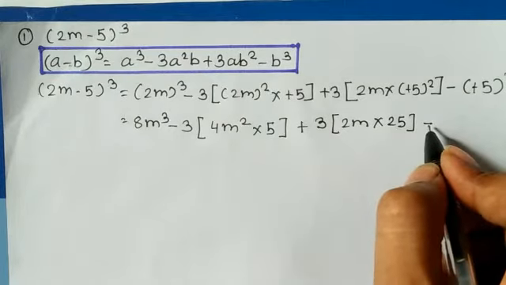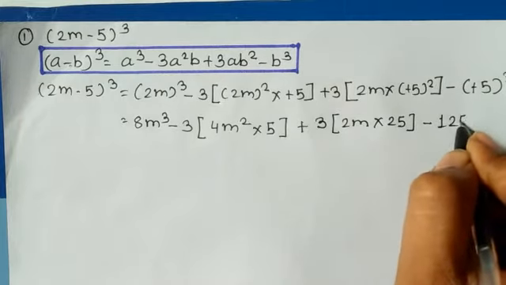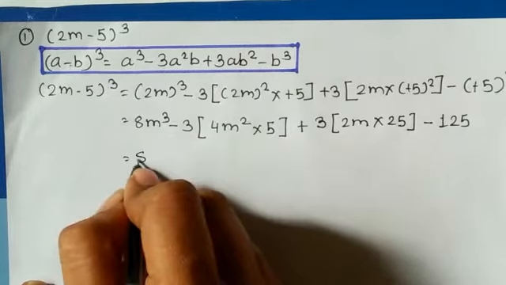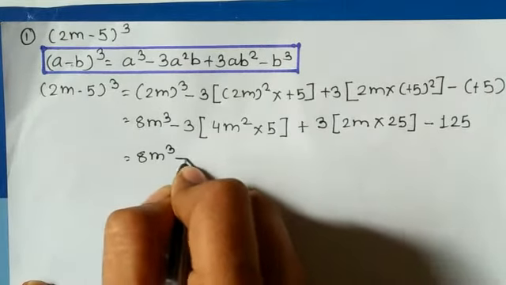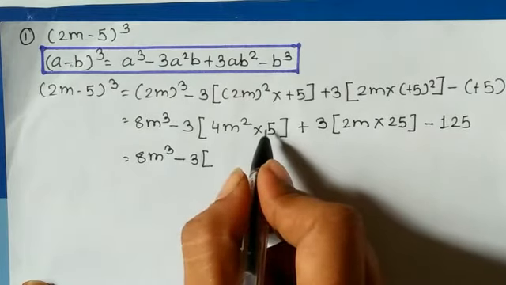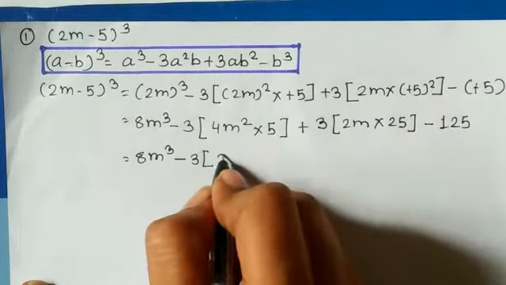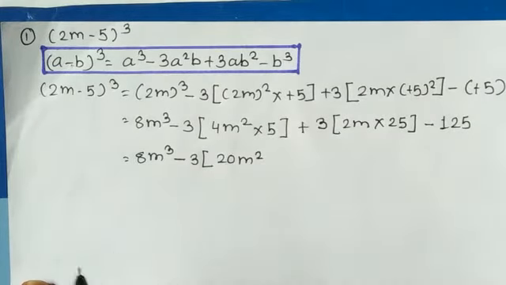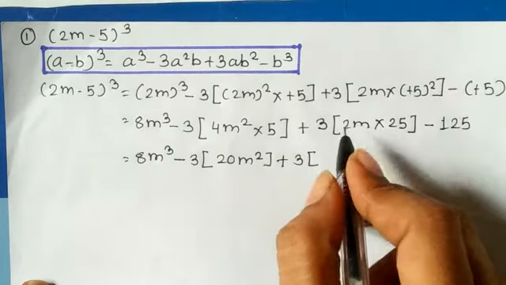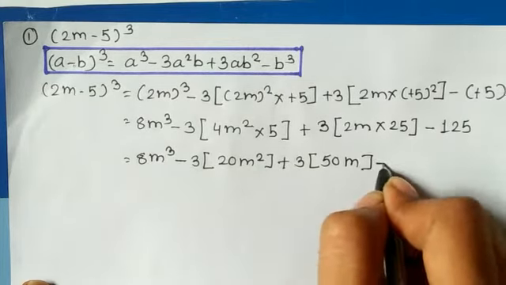Negative symbol will be as it is, and the cube of 5 is 125, that we are going to write at last. Now 8m raised to 3 minus 3 into bracket 4m square, 4 5s are 20, m square will be as it is, plus 3 into bracket 25 2s are 50, m will be as it is, minus